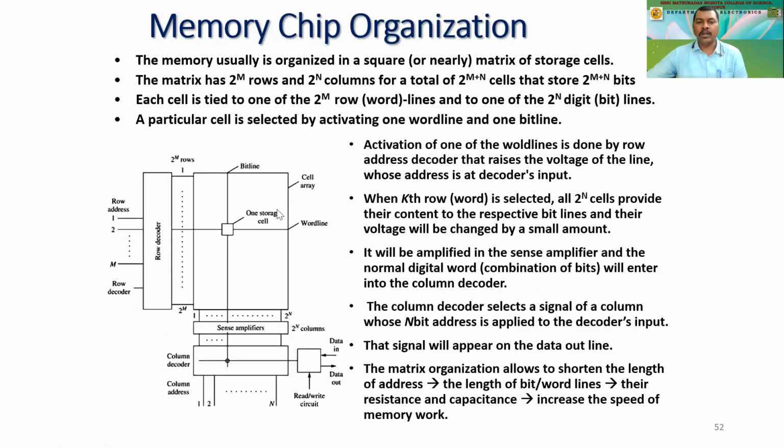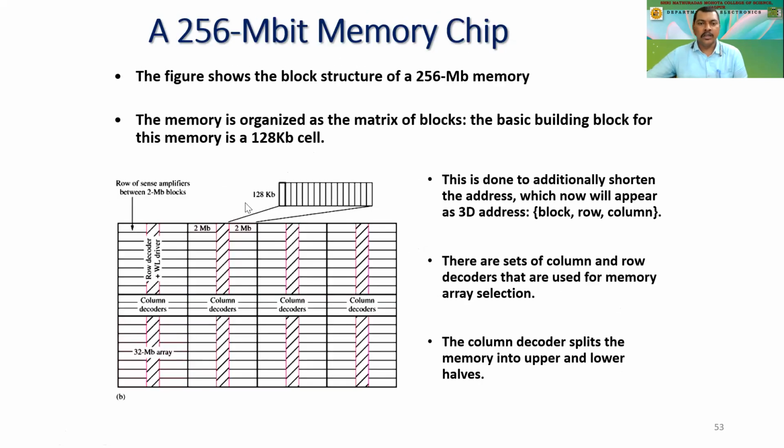So this is, say, that 128 KB block, and this is again one. Now, if you want it to be scaled up, we'll be having these cells like this. So this is how it is. It is nicely arranged accordingly. So we are having a building-like structure where we have some small cabins or small apartments where the data is being stored accordingly. So all the addresses are being decoded likewise, and the data is being input or taken. So the memory is organized as a matrix of blocks.